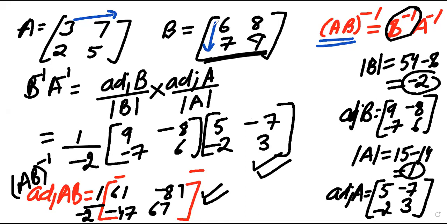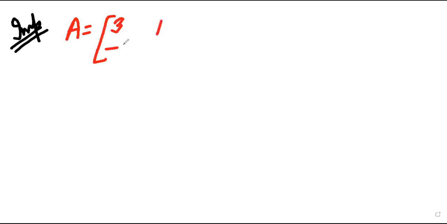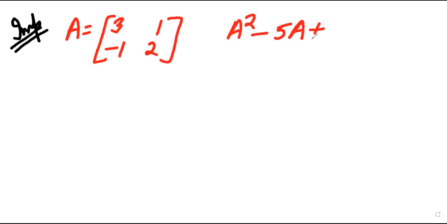Now one very important question, that is the most important question of this exercise. Surely this type of question will come in your exam. Here, when you have a determinant A, it is 3, 1, minus 1, 2. The question is to show A square minus 5 into A plus 7 into identity is equal to 0. Hence,